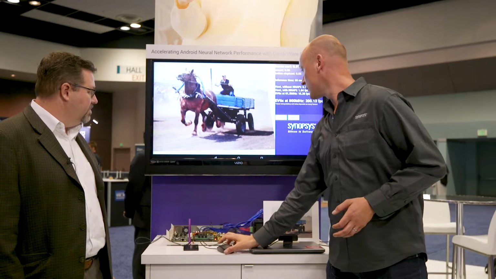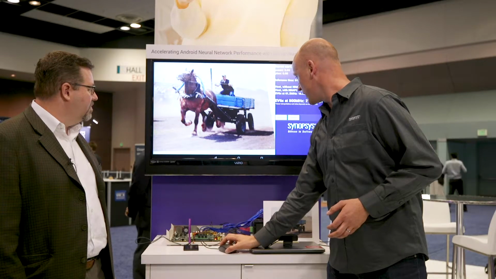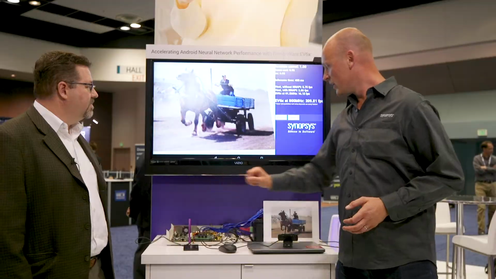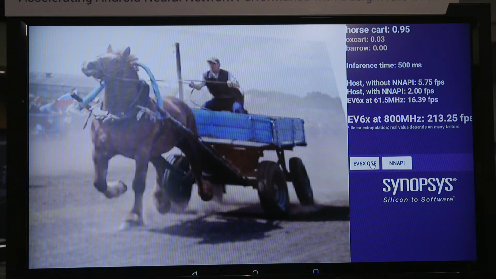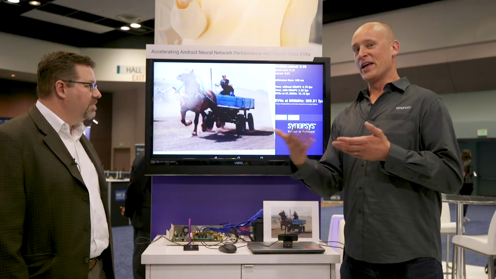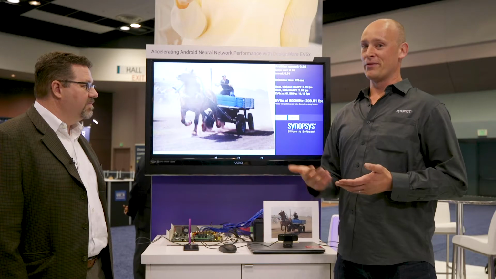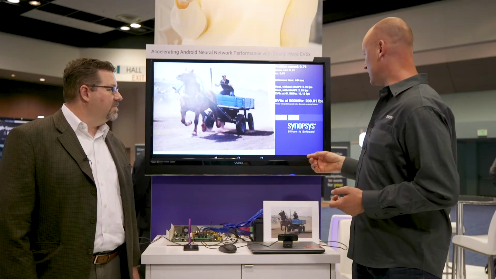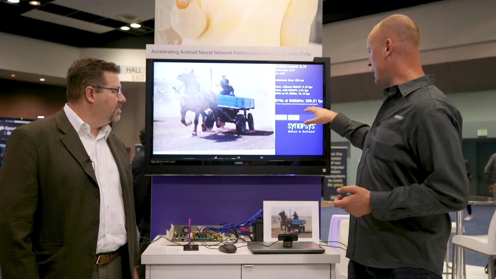61.5 megahertz. So if I turn it off, it will be running on the CPU fallback engine on the host, and you will see the inference time shoot up to around 400 milliseconds, even though this is running at 1 gigahertz. In the actual processor, your EV6x accelerator will not run at 60 megahertz, so we have extrapolated, and at